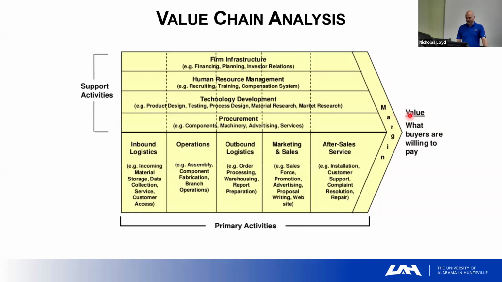So I have a customer. If I'm making something, I have to have an inbound logistics consideration of how I'm going to get things in. What materials go into making this? How am I going to source those? Then operations says I have to have processes to be able to make it. Then outbound logistics is, once I make this, can I get it to people who actually want it? How do I ship it? How do I send that out?